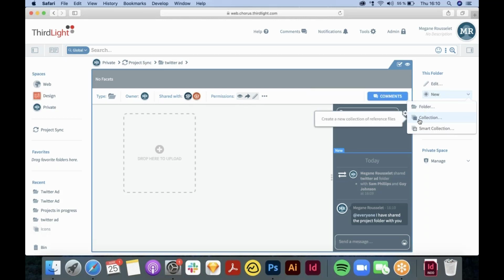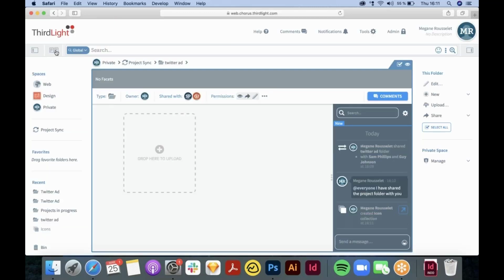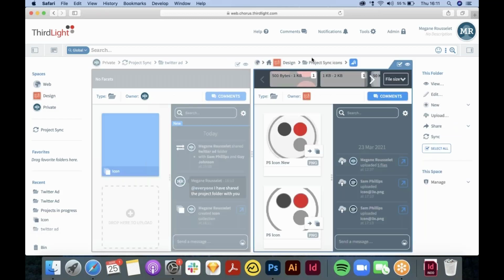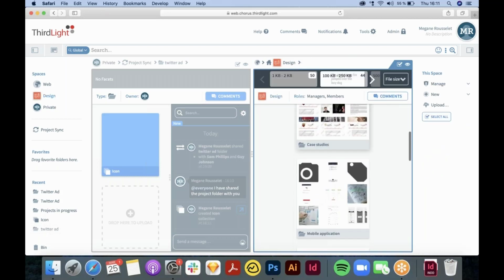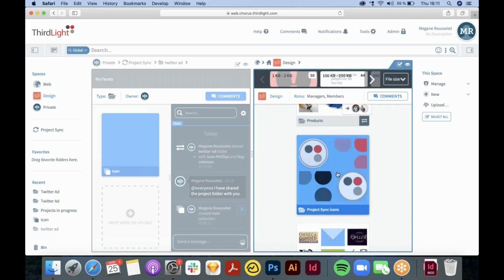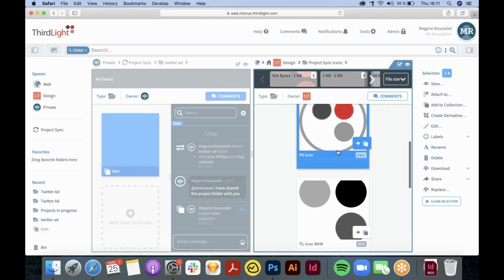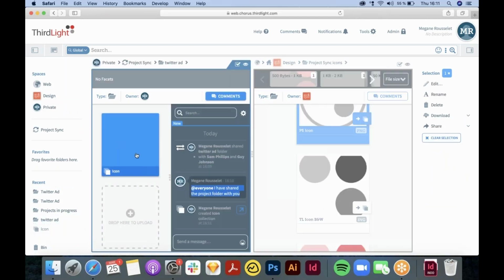I know that this icon is somewhere in Chorus already, so I will create a collection here, and I will find this project sync icon, which is in the design space here, and I will just drop this version because I think that this one looks great, and I will put it there in the collection,